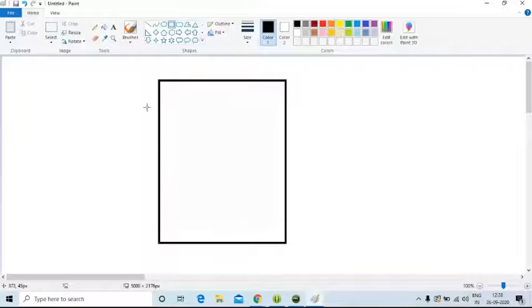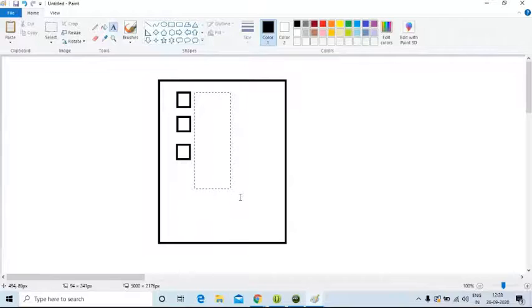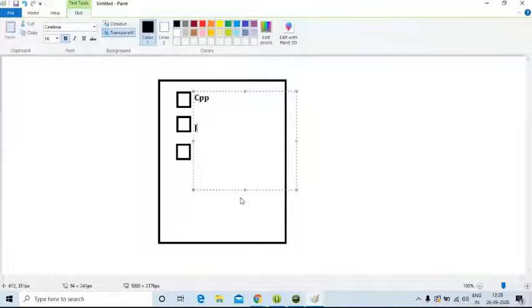In this, I want to place three checkboxes, one, another, and another. This is for C++, Java, and Python. Beside these checkboxes, I placed one edit box.